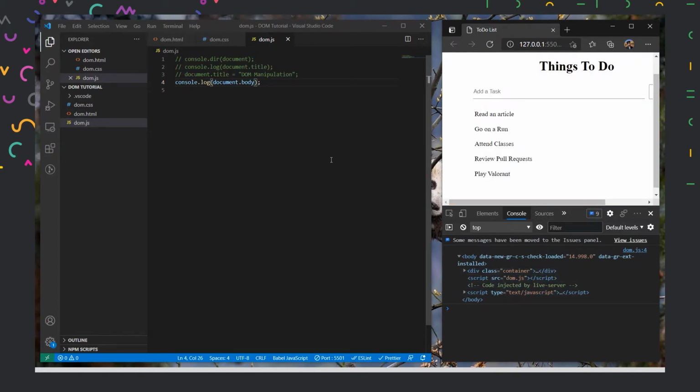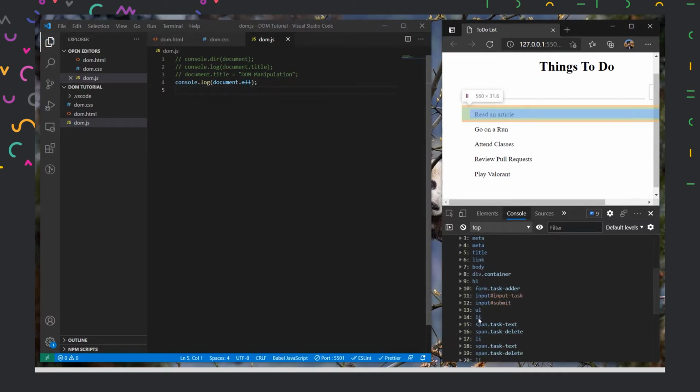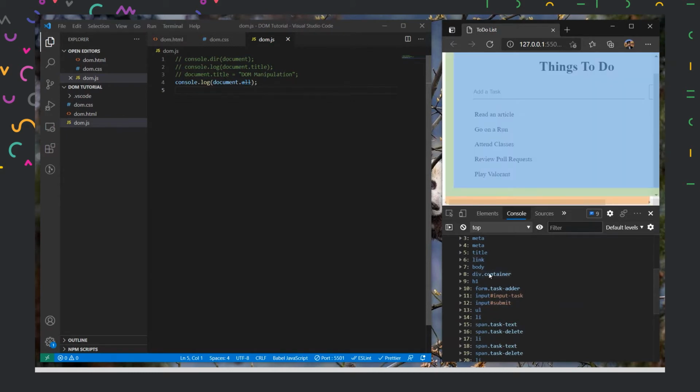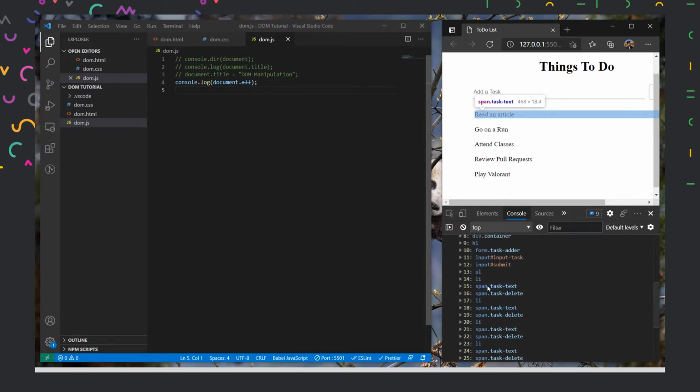And there is another interesting property which our document has, called all. What this all does is it will create a document object of all the elements inside our document, and then it will represent them in an array. So if I keep my mouse over here, it will highlight what property it is. If I want to select go for a run, then I could select it somewhat like this, and the element is the 18th element.